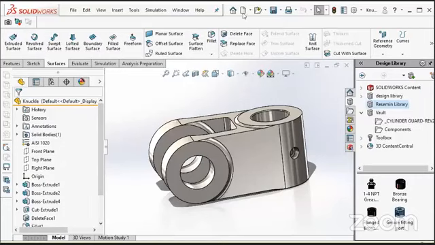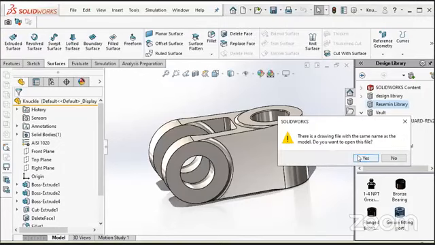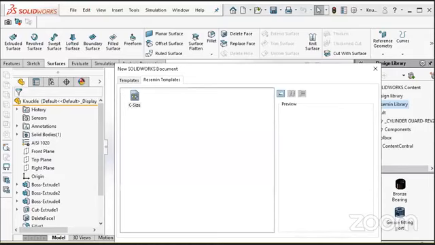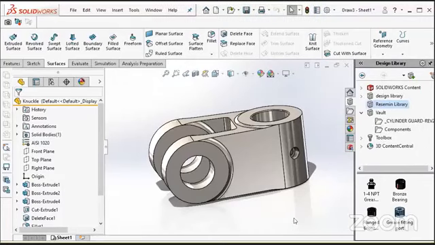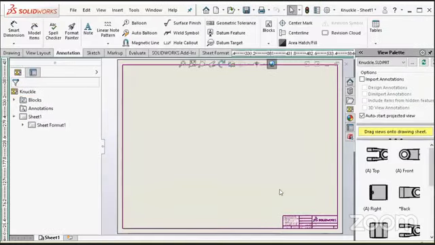To create a drawing, I will click OK on New, make drawing for part assembly. Let me do it for the other one. I will select the sheet size, OK. And now I am in the drawing sheet. To start creating a drawing,